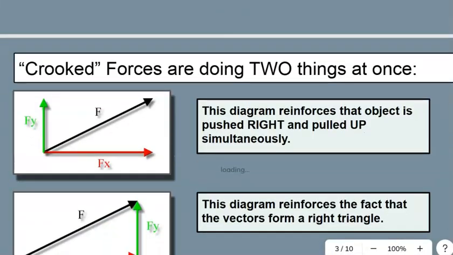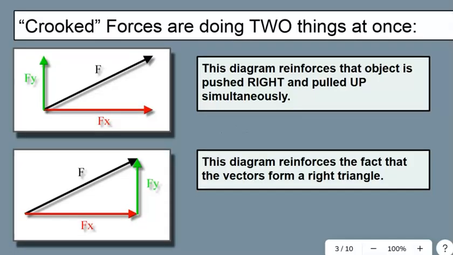Okay, let's keep going. Crooked vectors are doing two things at once. And I got these diagrams from a link that's at the end of the slide deck. So there's two ways to look at it. They are equivalent. The black vector is something being pulled diagonally or crooked. It is magically pulling horizontally with a strength Fx and pulling vertically with a strength Fy. I like this diagram better because you can see that both of those forces are happening simultaneously. But again, the green and the red vector could be replaced with this single black vector